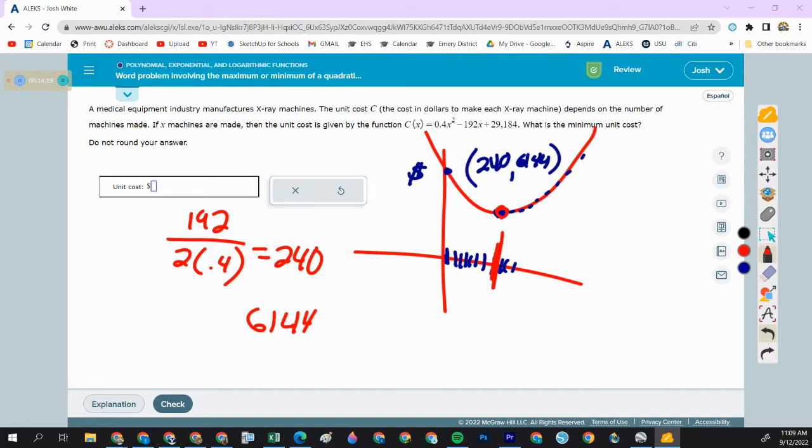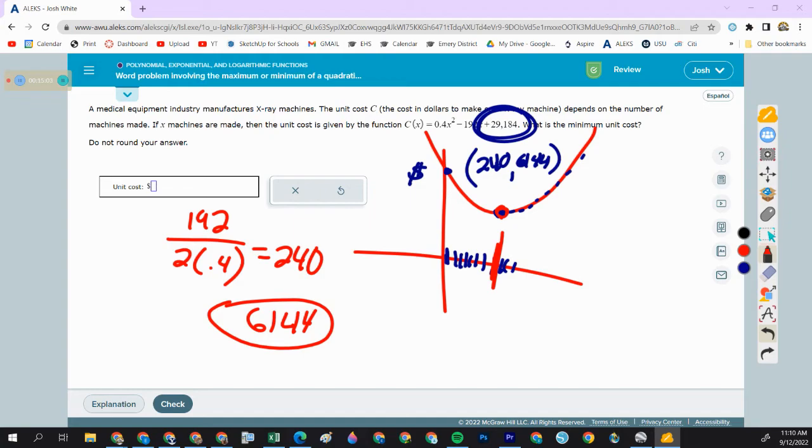How much does one machine cost? Yeah, how much would the first machine cost if you only built one? We don't really know, but we know about what it would be. No. So this is not the total cost of all the machines. That's if you build 240, each one is 6144. So how much would one machine cost? So it's really close to this,